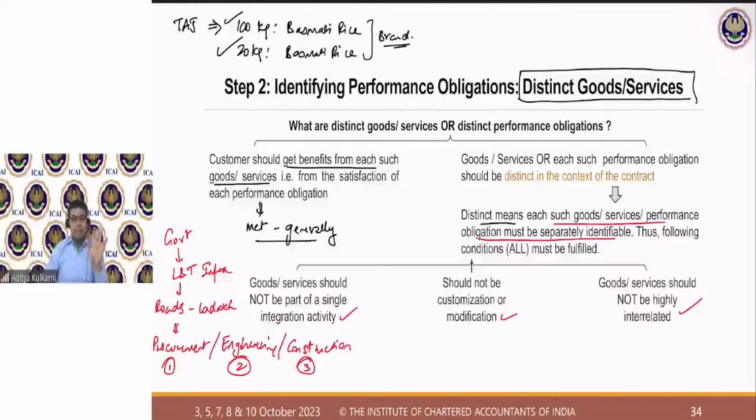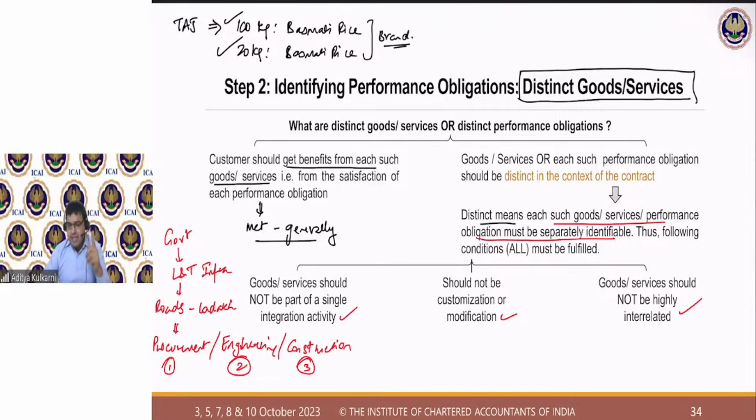Yes. Is engineering services different from procurement? Answer is yes. Is construction different from engineering? Answer is yes. Is procurement different from construction? Answer is yes. They are all different. They are all distinct. The people procuring are not the people who are engineers, and they are definitely not the people who are going to do the construction activity. They are totally different. So they are different services performed by different people.